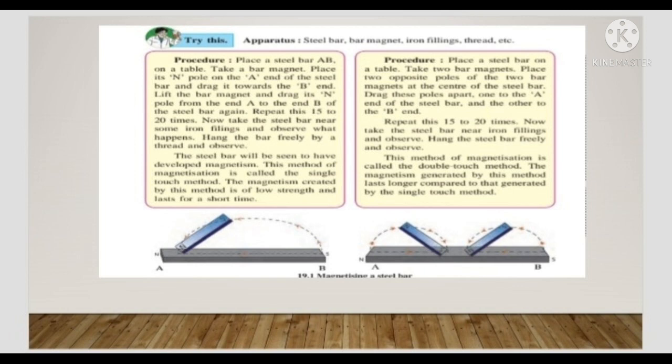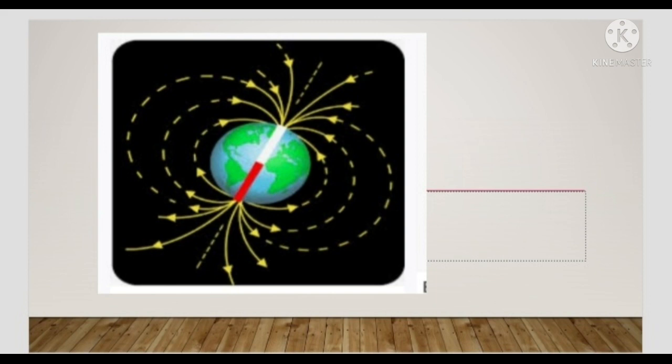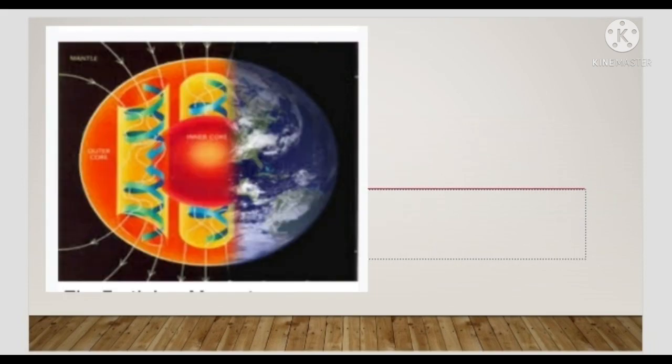Then, the Earth is a gigantic magnet. The scientist William Gilbert gave a scientific explanation based on the experiment and the observation that a freely suspended magnet always settles in a north-south direction. He took a round shaped, naturally occurring magnetic rock. He suspended the spherical magnet so that it could turn freely and brought the north pole of a bar magnet near to it. The south pole of the magnetic sphere was attracted toward it.